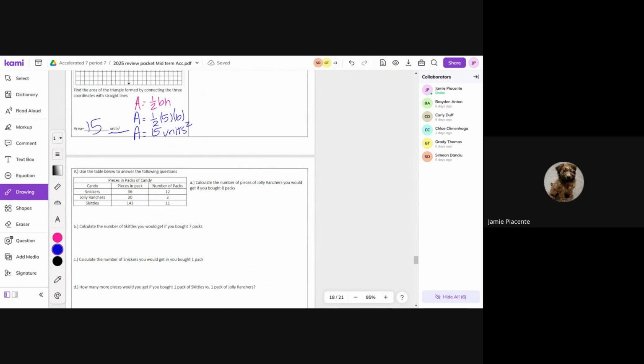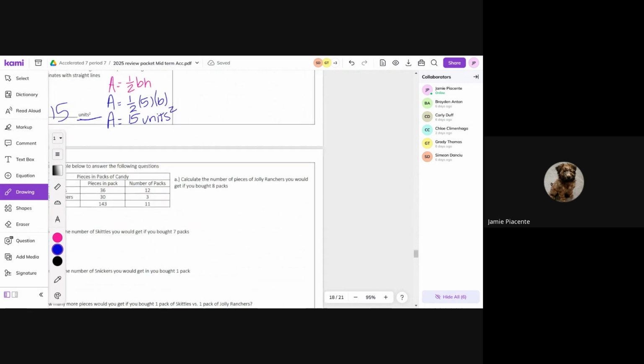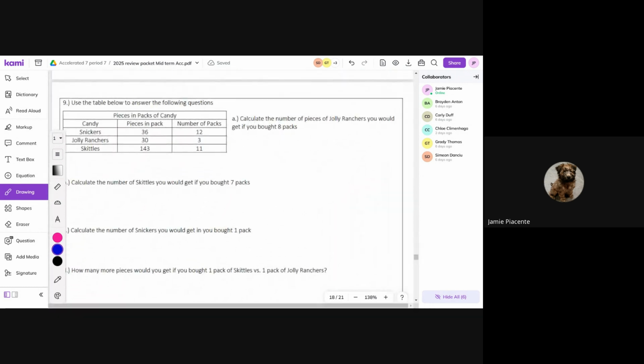Okay. Move this over here. Sorry. Use the table below to answer the following questions. Calculate the number of pieces of Jolly Ranchers you would get if you bought 8 packs. So each pack comes with,